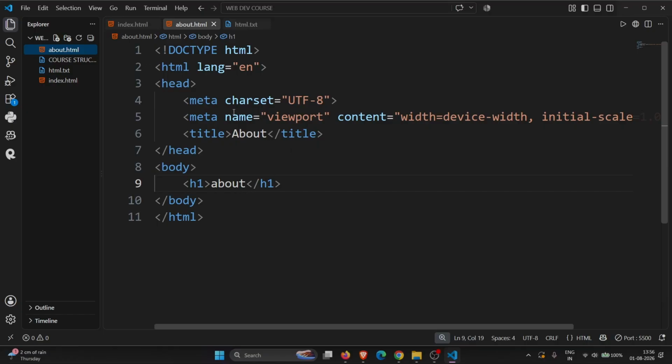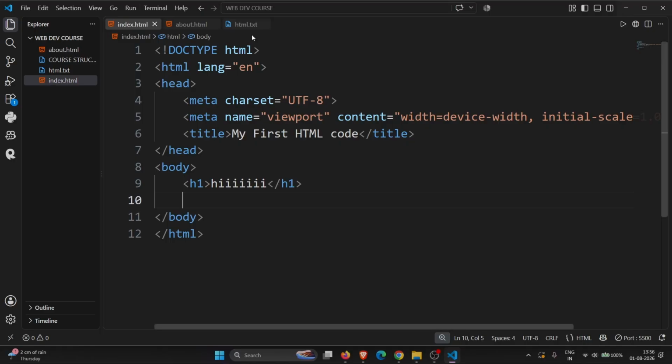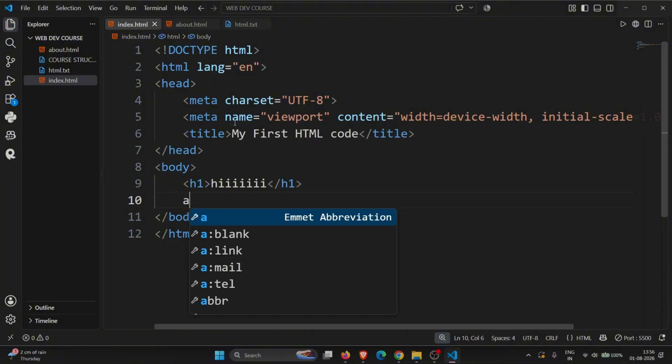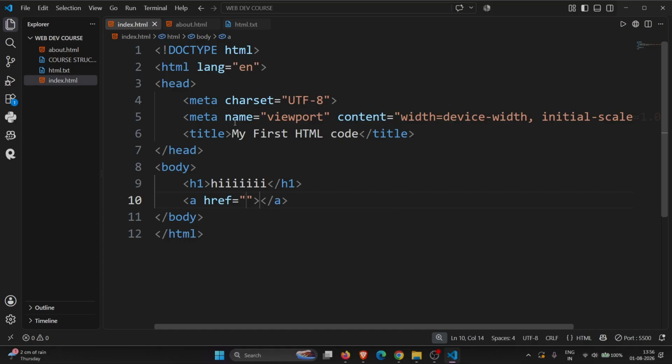And you see, I've named this title about, and I've inserted an h1 here, which is written about. So I want to go from index.html file to about.html file by using a link. So we will use an A tag for this. Just press A and tab, and in this href, just write about.html. And when you go on your live server,